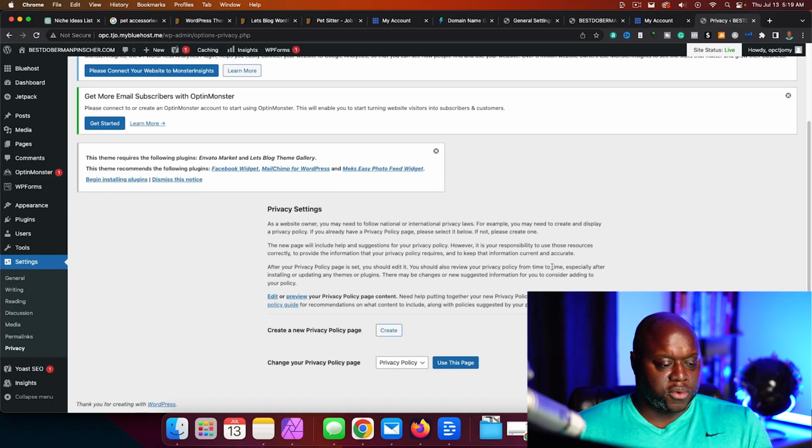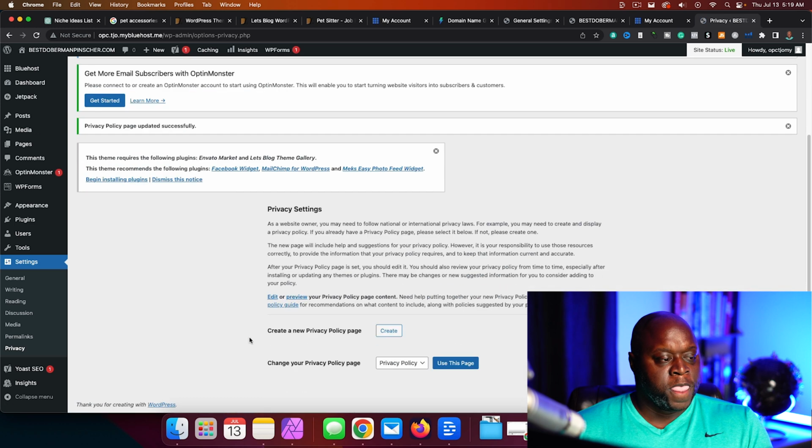So today is July 13th, and then it would be the name of our post. They have changed the default, which is really good, to post name. You want to make sure that it's set to post name. So we're okay with that. We're going to save the changes. And then if we come down to privacy, we want to make sure that we create a privacy policy. It looks like one is already used, so we're going to use that page. And then we can go on from there.